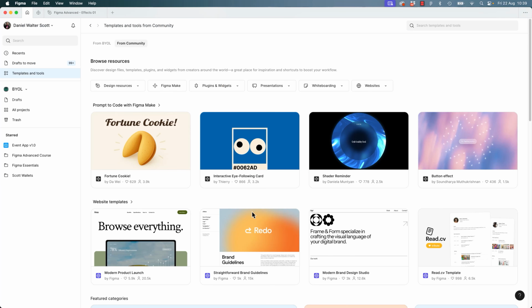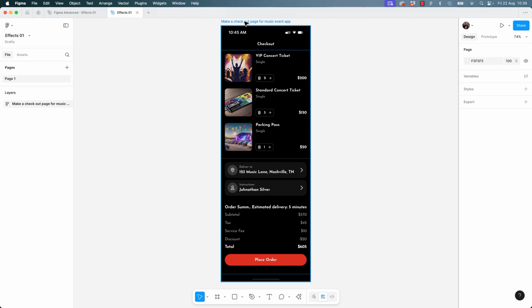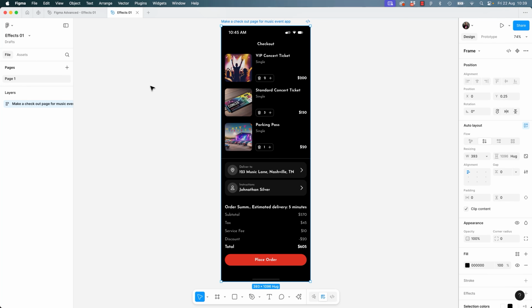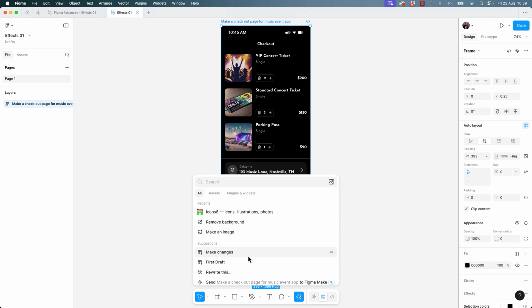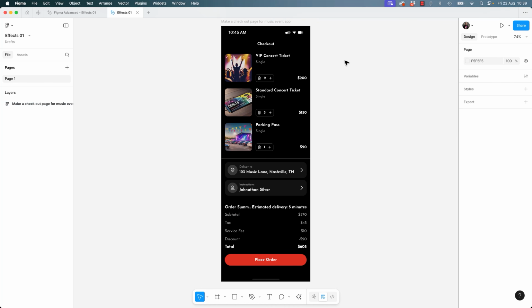I'm going to open it up in my desktop because I'm old school. It should be in my drafts. Where we go. And there it is there. All right. Now I give you this one because it is very complicated. It is and it isn't. Okay, this was created earlier on in the course when I was using the first draft feature inside of Figma. Okay, not everyone has access to this because it's part of the paid one, but I've got the end result here for us all to